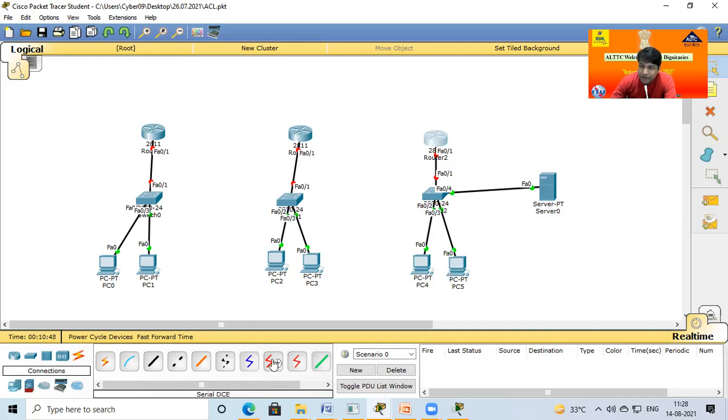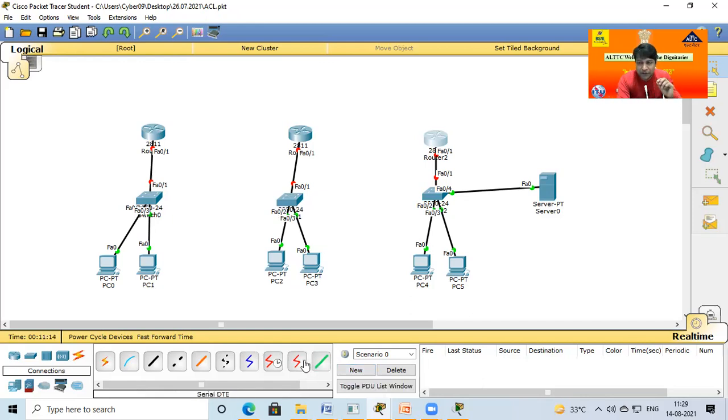DCE means data communication equipment, and DTE is data terminal equipment. Okay, what is the difference? I say you can put any cable, there is no problem, but the name is different, and some symbol, you can see a timer here, also indicates where this cable is used.